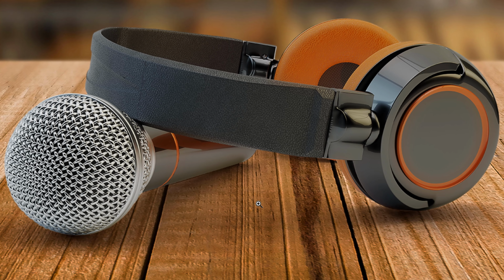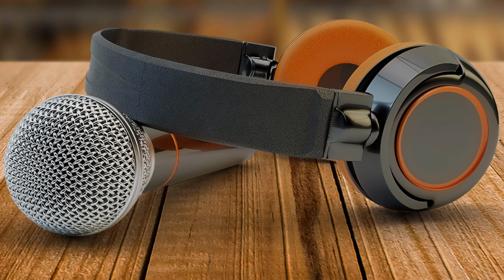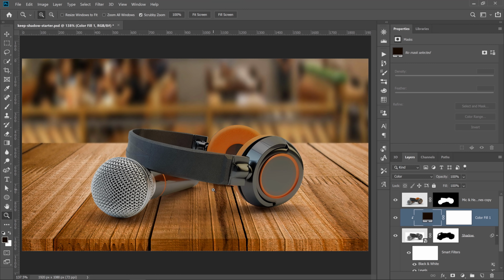I'm going to zoom in so that you can see. I'm going to disable the layer. That's before, and that's after. It's a very subtle effect, but I think it makes a huge difference. It makes it look much more realistic. See that? This is the original with the grayish shadow. This is the shadow with the brown color. So I think that looks much better, and it helps the composite come together and makes it more cohesive. So I highly recommend doing that.